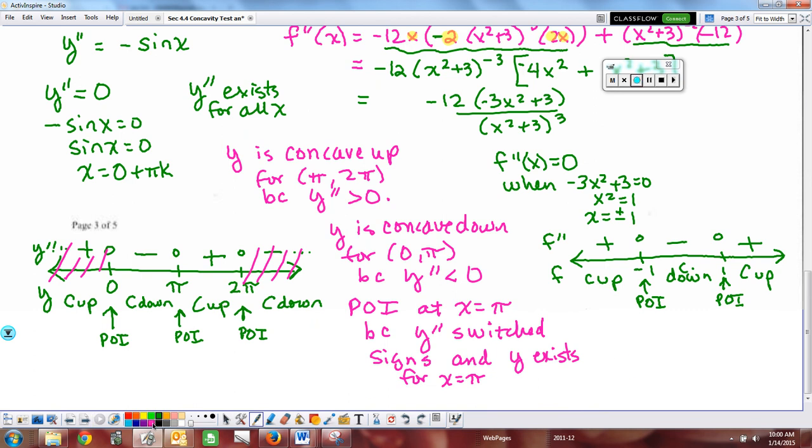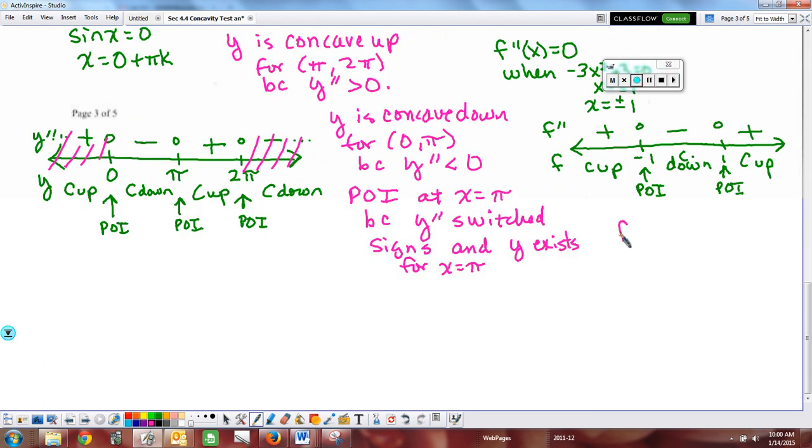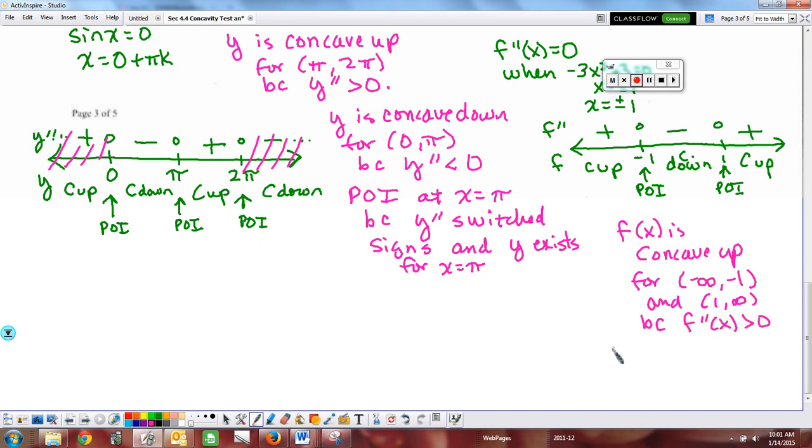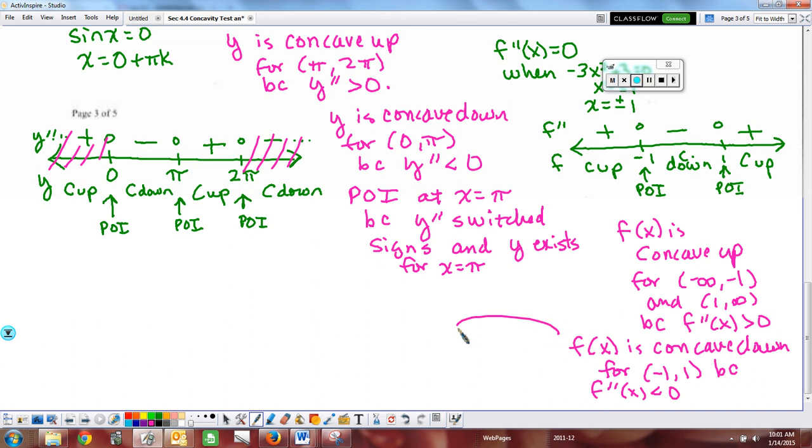So our answer for this one is going to be f of x is concave up for -infinity to -1 and 1 to infinity, because f double prime of x is greater than 0. f of x is concave down for -1 to 1, because f double prime of x is less than 0, and then x equal to plus or minus 1 are locations of points of inflection,